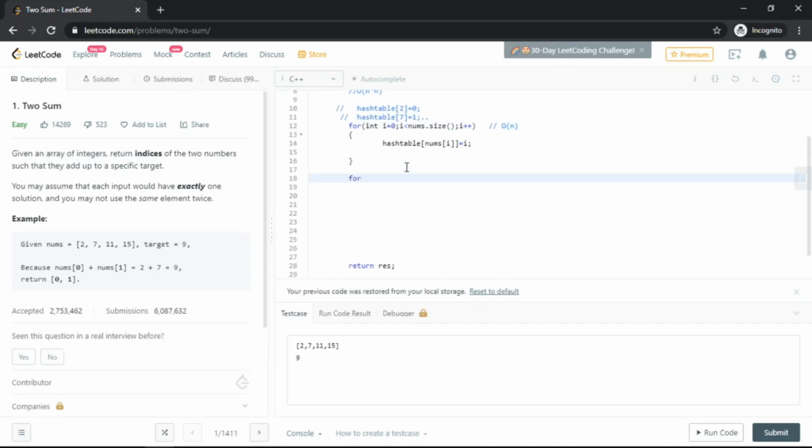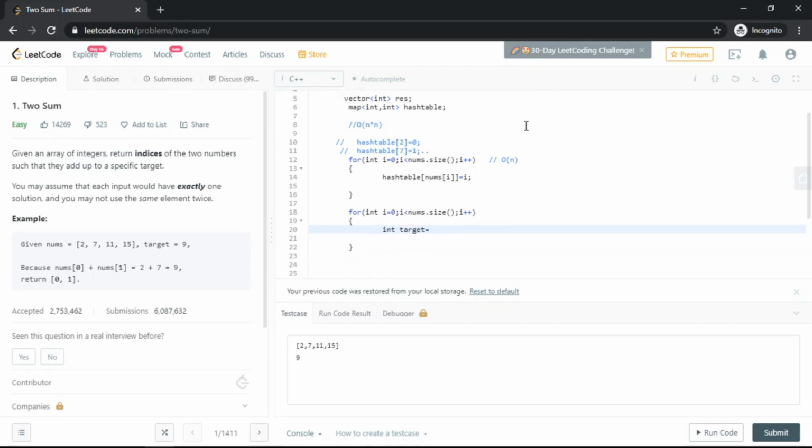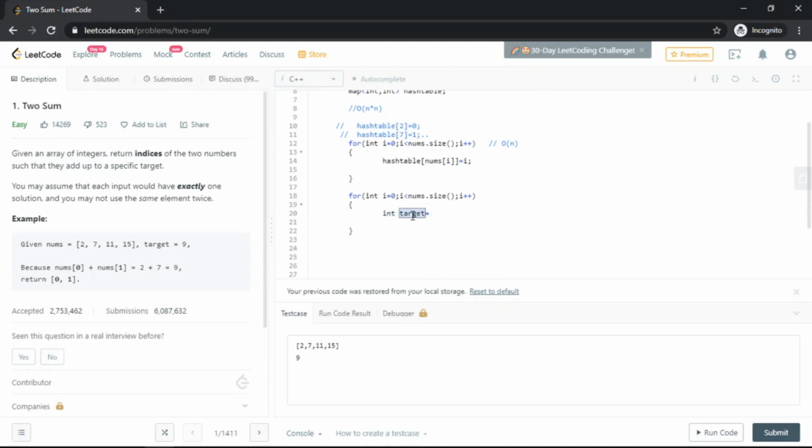So again we will be traversing the array, and we'll take a new target as the target minus each element of the array we are traversing.